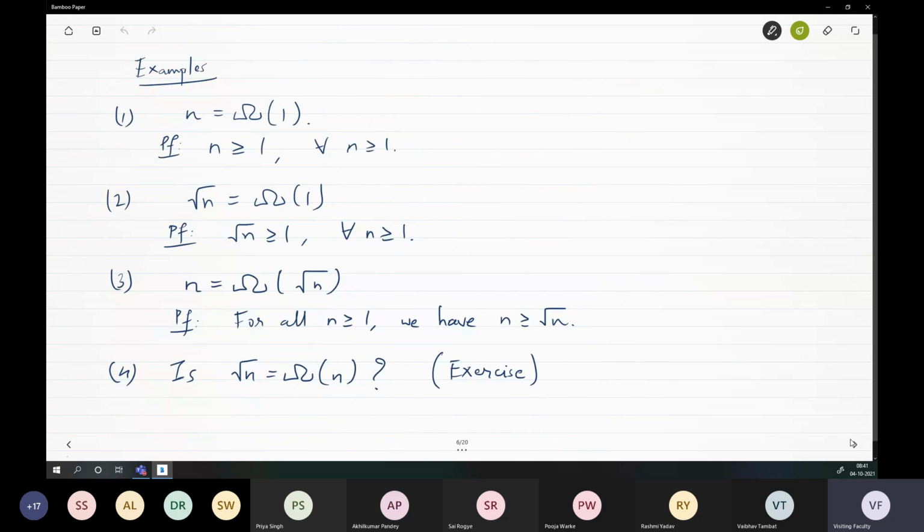So we saw that. Big omega, now it should be the same, right? Exactly the same idea now. N is growing faster than 1, so n is big omega 1, right? Or 1 is big O of n. Similarly, square root n grows faster than 1, n grows faster than square root n. Square root n does not grow faster than n, so square root n cannot be omega of n. Okay, so this is the first exercise. So first of all, is this clear that the answer is no? Yes sir, it's clear.